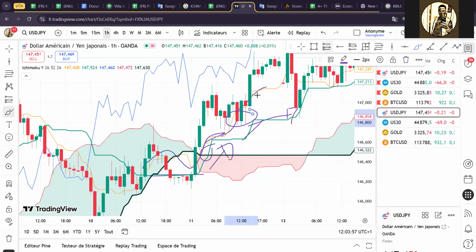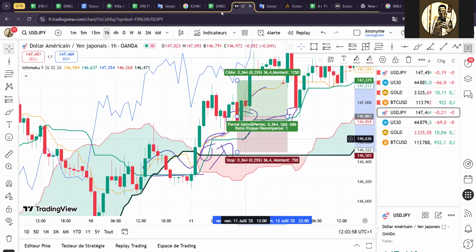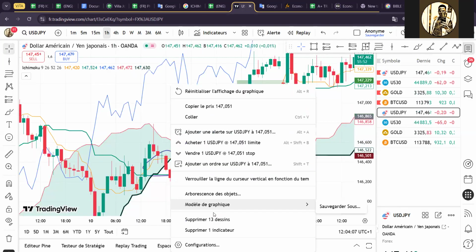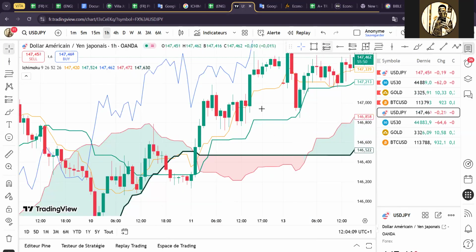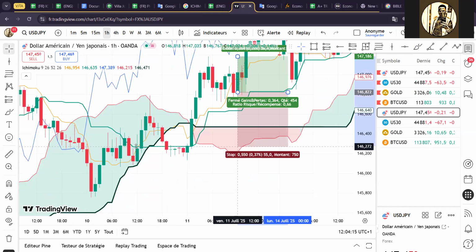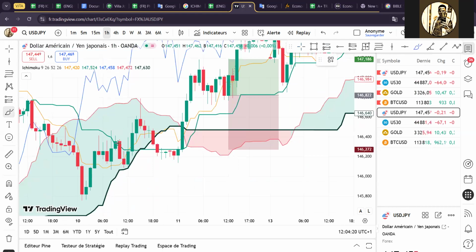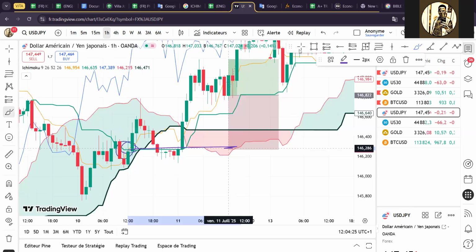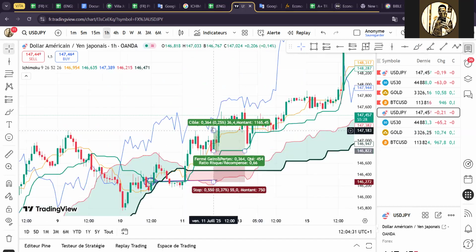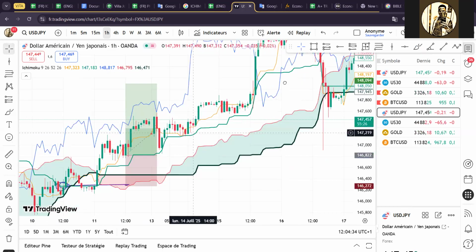And then you can find an entry when the price touches Tenkan, and then you put your stop loss just at the V stop around the TK cross. Okay, there is another stop loss for this when it is about KSB, right? Looking left below was the TK cross, so this is where you can put the stop loss. At this TK cross, you put your stop loss just right here, and then you let the trade continue. The reason why it can be good sometimes, I don't say all of the time, is that